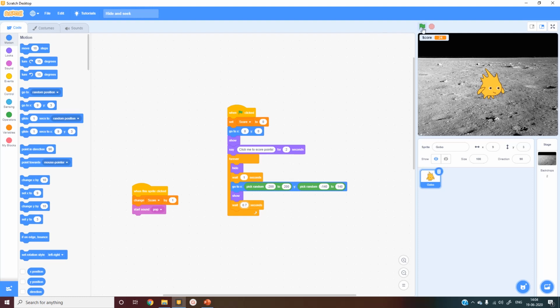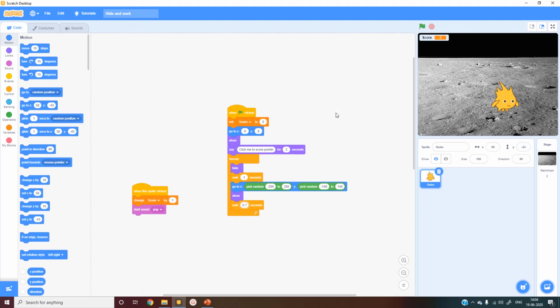Now see, whenever I click on this, the Gobo will appear for a shorter span of time and it will be difficult for me to click it in that amount of time. It will keep waiting for 0.7 seconds every time, from when I start the game till I end the game.